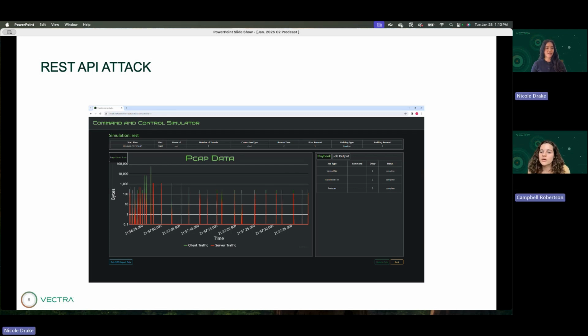Yeah. So without knowing what these simulations are, what the protocols are, you can't tell anything by just the PCAP data. It's not that interesting to look at. I acknowledge that. But this is a REST API attack with a 2-second beacon time, which again makes sense why we see the increase in peaks like we had in that first example. And then we have